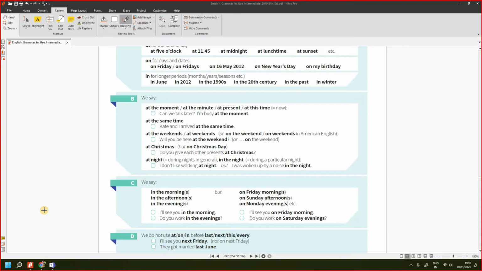Now coming down, we have this, I already told you: in the morning, in the afternoon, and in the evening. That can also come with generally all evenings. You want to refer to all evenings, all afternoons, all mornings, you will still say the same. You can say in the mornings, no problem.